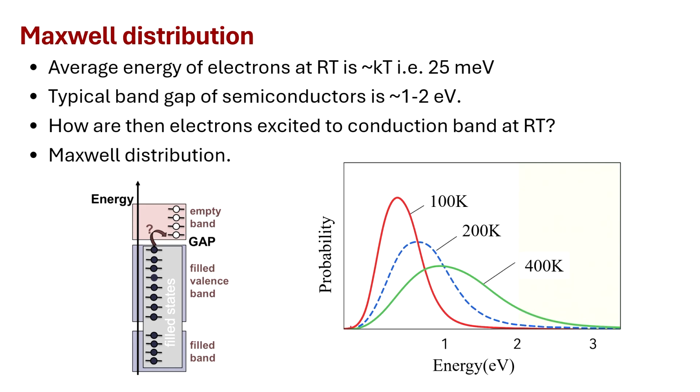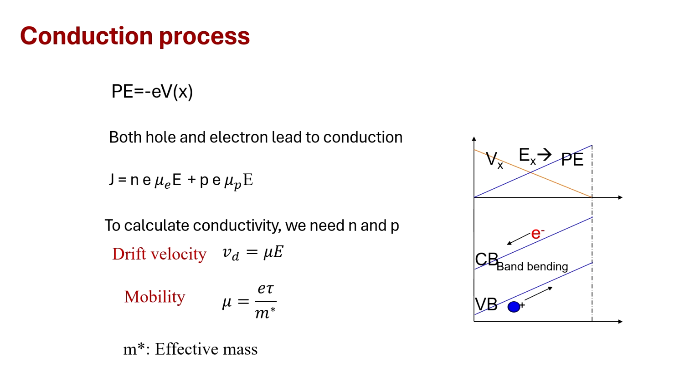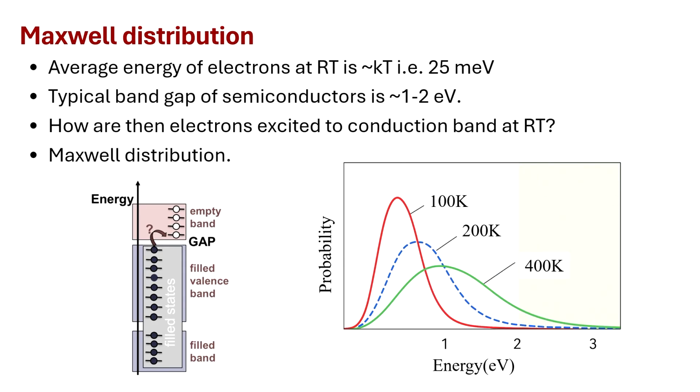You can see that even at 100 Kelvin, it gives a large probability of occupation around half electron volt, and if you increase the temperature to 200 to 400 Kelvin, this gives an even larger density of carriers, and the probability of electrons going into the conduction band is very large. This was modified to some extent by the Fermi-Dirac process, as we will see in the next few slides. But before that, let us say we have a certain electron density which is able to conduct at higher